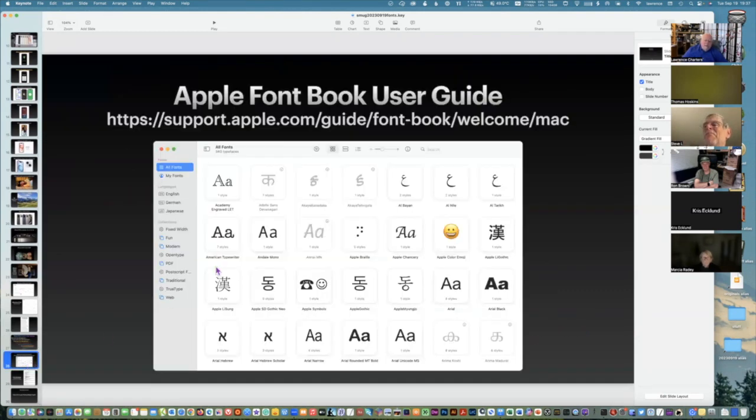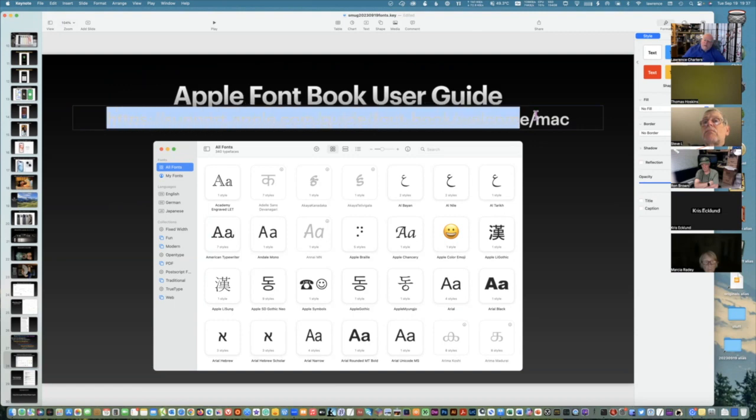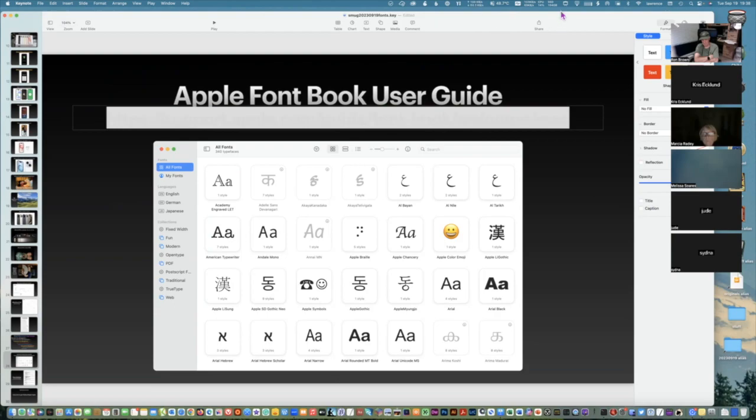And most of what I'm going to show in terms of the demonstration portion is going to be about Font Book. And Font Book has an online manual that I'm going to copy and paste into the chat window. Well, I can't do that right now because I don't have a chat window. I'm going to stop sharing so I can paste it into the chat window. Where's my chat window? This is the online manual for